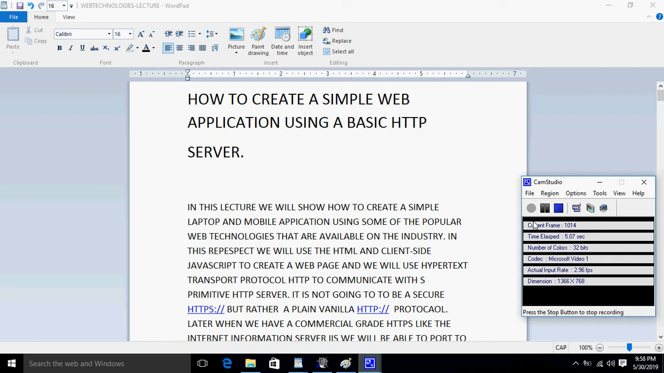Today we'll be talking about how to create a simple web application using a basic HTTP server and some of the current web technologies that we have at our disposal. In this lecture, we'll show how to create a simple laptop and mobile device application. Since this is a huge subject, this will be a multi-part series. This will be part one